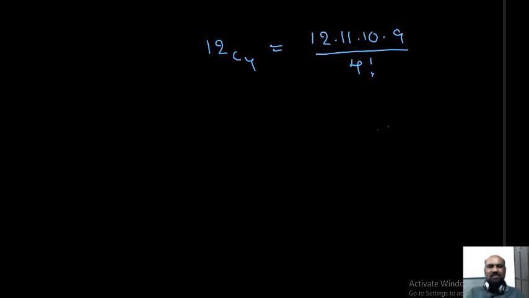Okay, students, what I explained is that 12C4 you want. 12 factorial by (12 minus 4) factorial into 4 factorial actually. But to find its value, what should we do? 12 should reduce 4 times, divided by 4 factorial. That's all. Simple as this, what we will get? That is the answer for the problem. Okay?